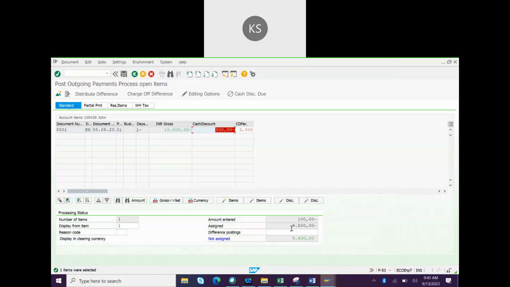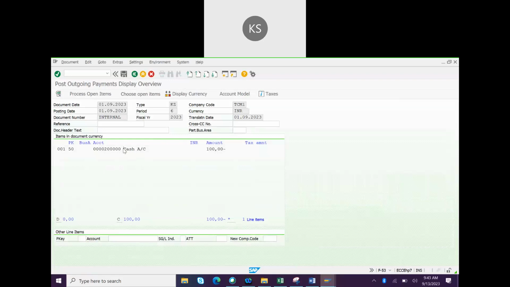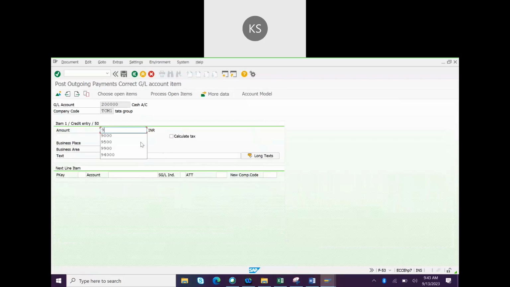See here, the actual invoice amount is 10,000, but we are getting 5% discount. Okay, so how much are we supposed to pay? 9,500 we are supposed to pay, but in the first screen we entered only 100. Now we need to correct it. This amount to be paid is 9,500. How to correct? Click on this overview. Double click on this. Here you can make it. Just press enter and again click on